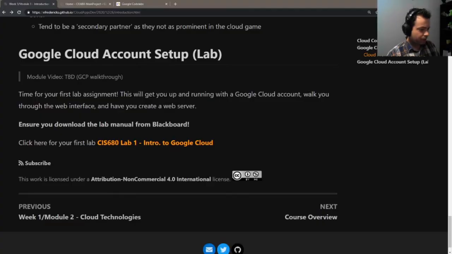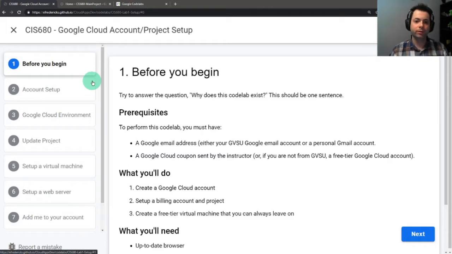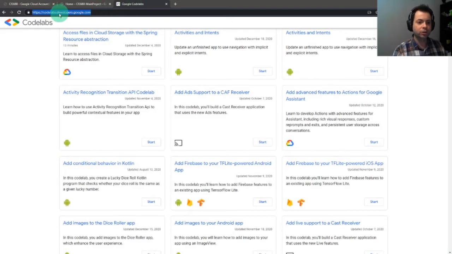So what we've got going on, if you go to the introduction post, so it's basically the first module, at the very bottom you have your lab. There should be links all over Blackboard, in the front matter for the page listing as well for this. But it's going to take you to a code lab that I've created for this. And if you've never heard of Code Labs before, I highly recommend you check out